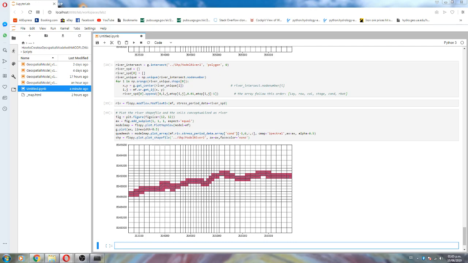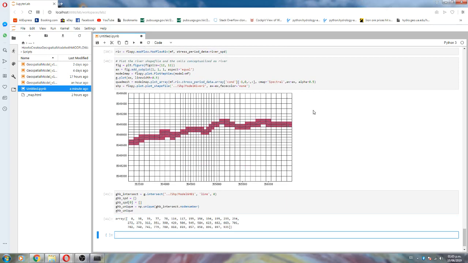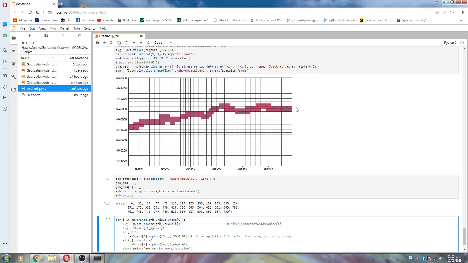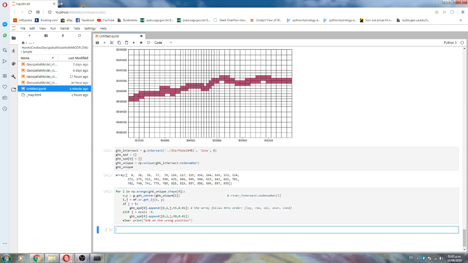Then, with a similar procedure, we also have the general head boundary, because we have a regional flow that flows from east to west. So these are the cells. Okay, and the general head on the east is 90 meters and on the west is 50 meters. So this code will apply this to the cells. We apply this to the model,